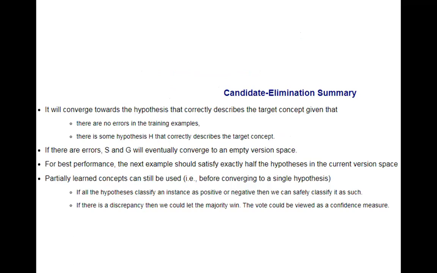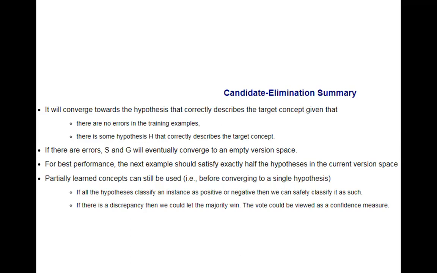So there are some issues in the candidate elimination algorithm. It will converge towards the hypothesis that correctly describes the target concept, given that there are no errors in the training examples. That means it will give you the exact hypothesis, but there should not be any error in the training examples.